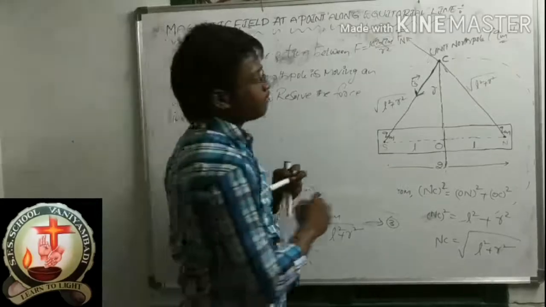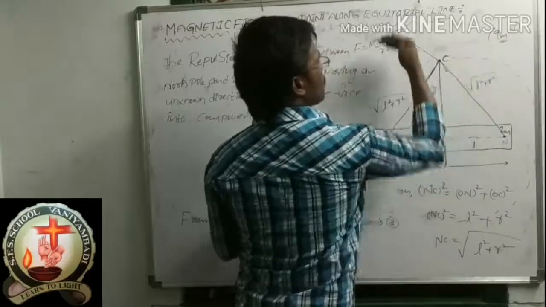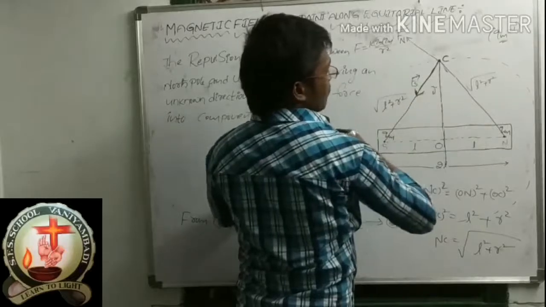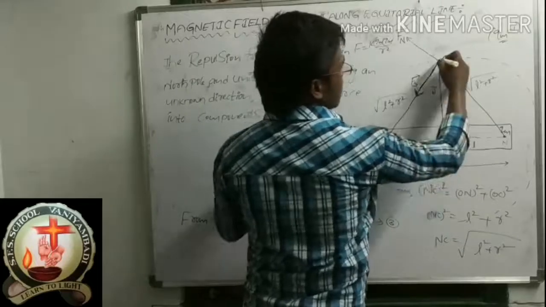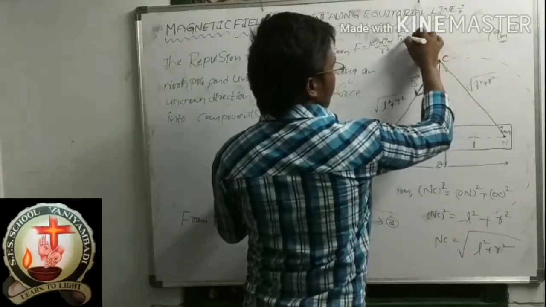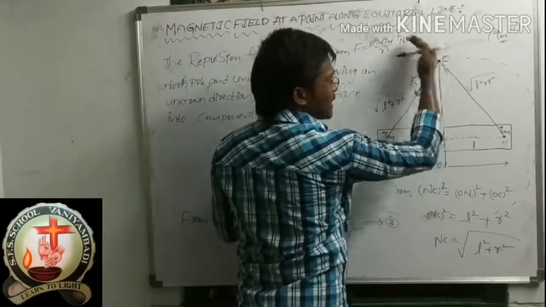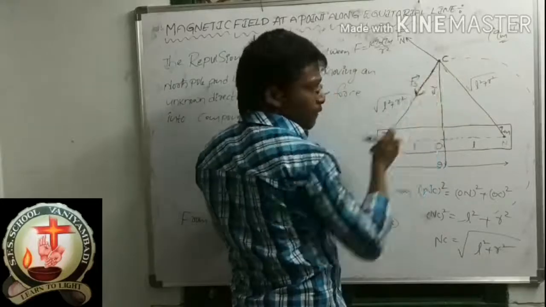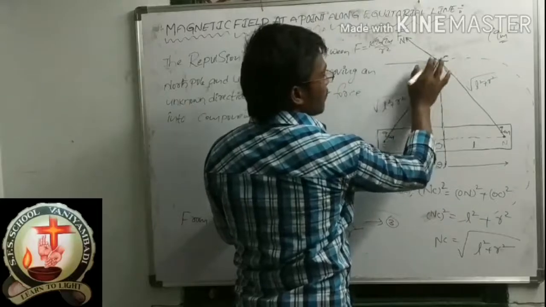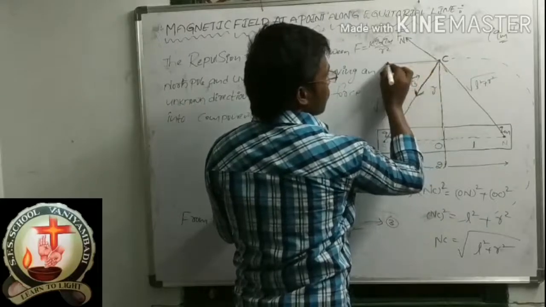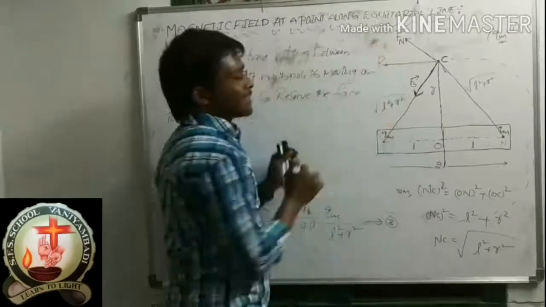How to split it? This is the force. So how to split this? This is the force vector. So what I am going to do is, this is the north pole force direction and this is the south pole force direction. So both, I am taking one resultant vector. This is the resultant R. Okay, this is the resultant vector.